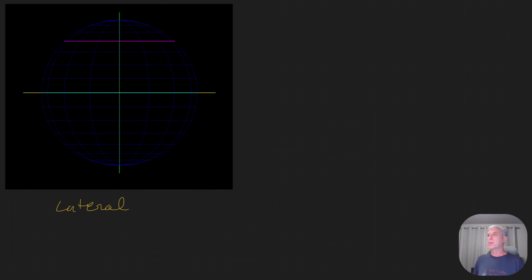So we're looking at the equator. And let's say we have a point up here. Say there's a mountain up here, and the point we're considering is on the top of this mountain. So it's not on the surface of the Earth, right? But it still has a line from the center of the Earth. So if we draw a line from the center of the Earth to that point,